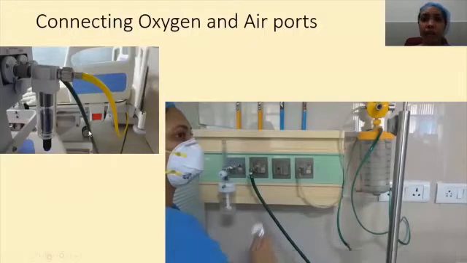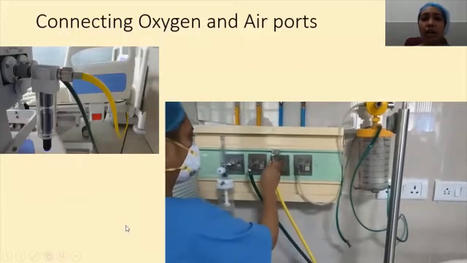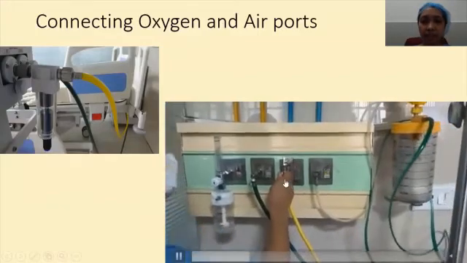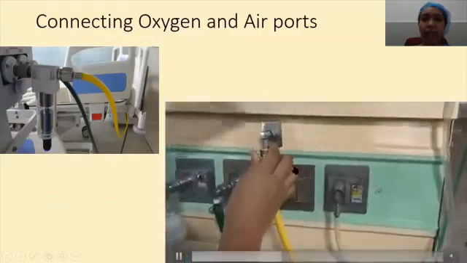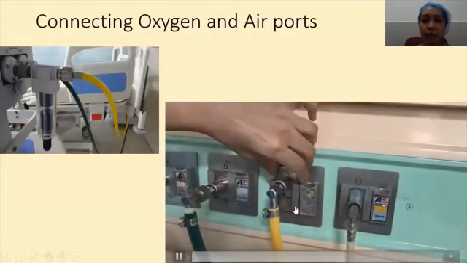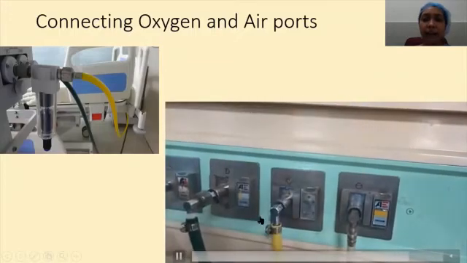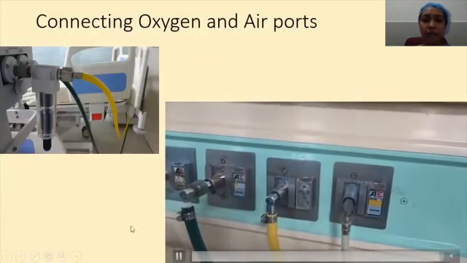When you turn back the ventilator, there is a green pipe of oxygen and yellow pipe of air which are coming out of it. Both the connections need to be connected on the wall mount. There are two types of wall mount available in RCH. One is simply you put it inside, and then once the pipe is inside the wall mount, this part of the pipe is simply pressed and the connection is established.